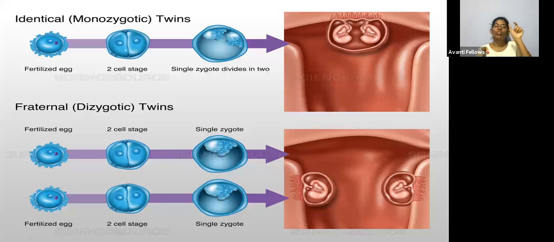See, monozygotic twins. Mono is one, zygotic is a zygote. From one zygote, the twins are developing, right? Dizygotic twins, from two zygotes. So how are the two zygotes formed? Two eggs form, and from the two eggs, the two zygotes will form. This is what dizygotic is. This is how you need to remember.